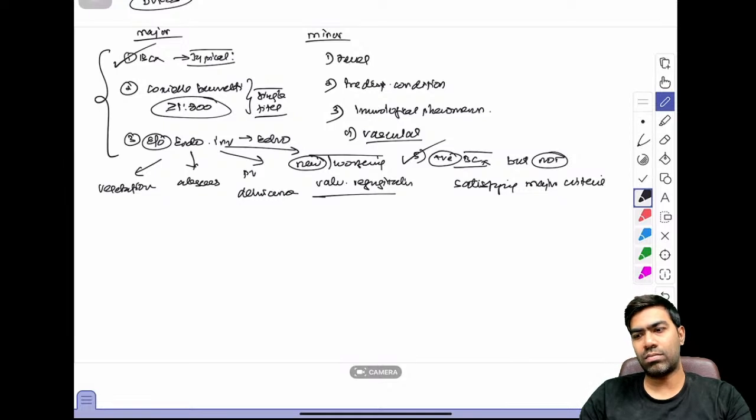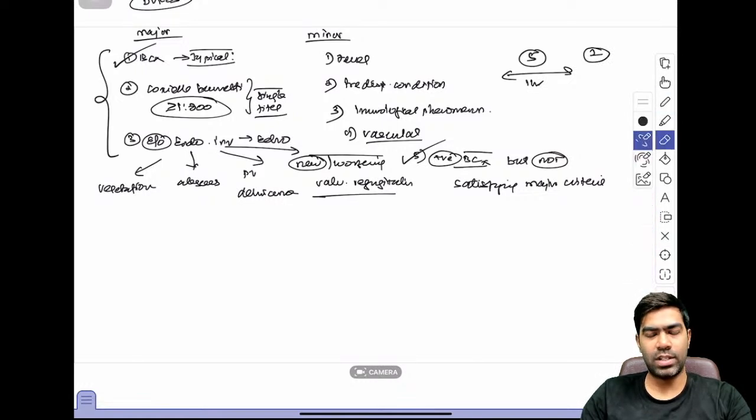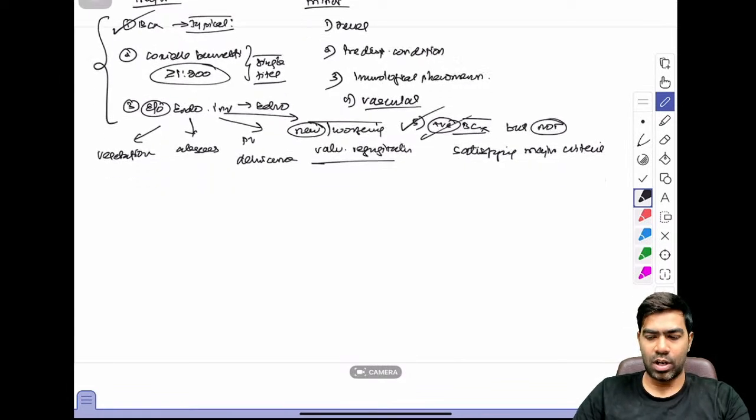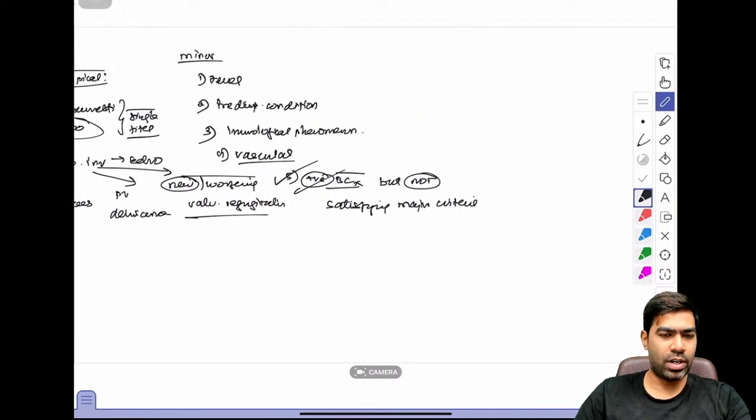Suppose you are taking 5 blood cultures in a span of 1 hour, and only 2 are positive, which means according to the major criteria, the majority should be positive. So if you take 5, at least 3 should be positive. If only 2 are positive, which means only the minority is positive, and that's not satisfying the major criteria, and that will become a minor criterion. So when the blood culture is positive but it's not satisfying the major criteria, that will come under the minor criteria. According to the modified Duke criteria, when you diagnose infective endocarditis, you can definitively say it's infective endocarditis when